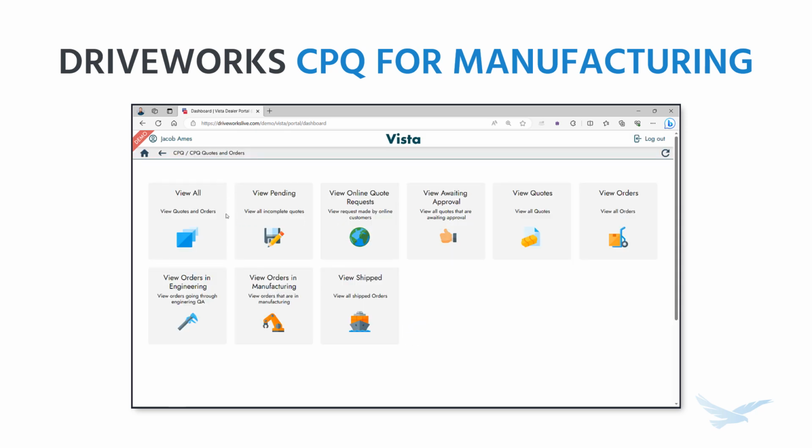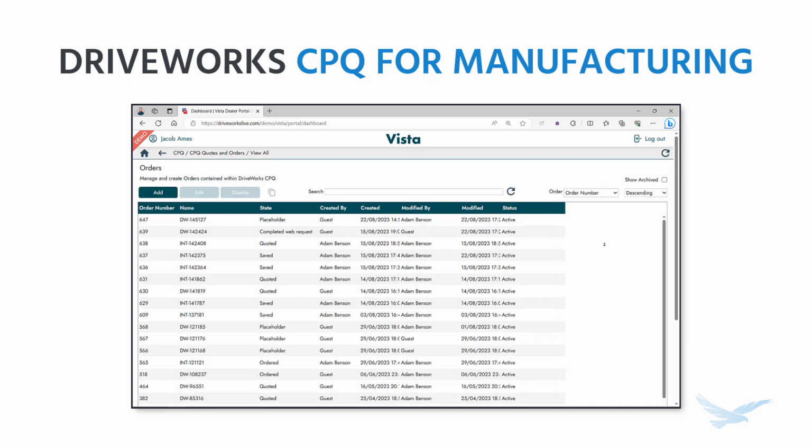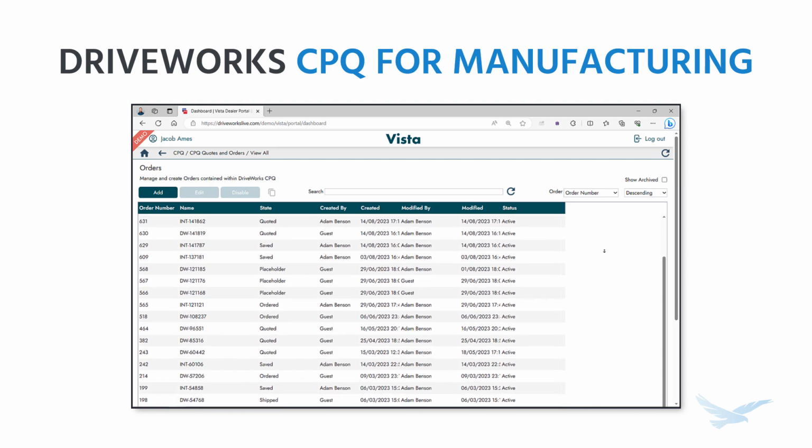and contacts. CPQ solutions provide businesses with the opportunity to significantly improve operational efficiency, but not all CPQ solutions are